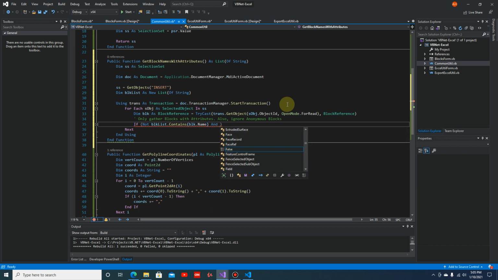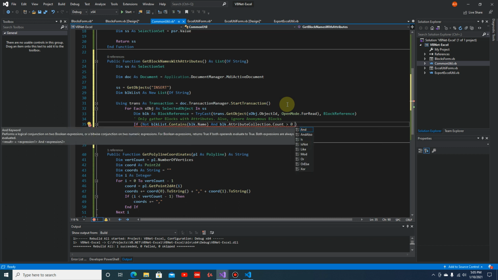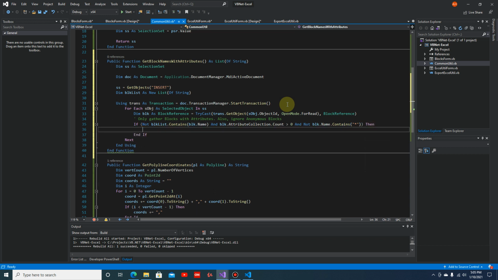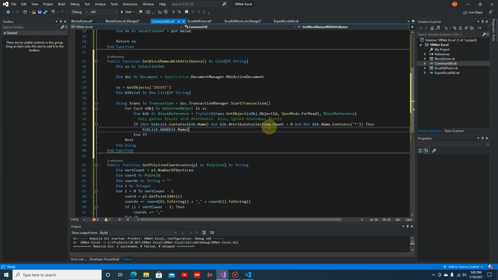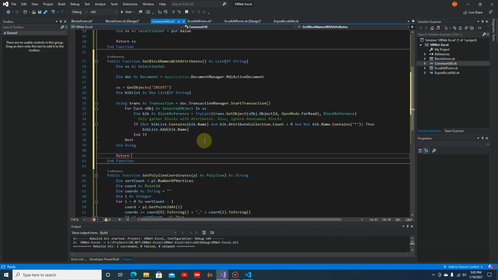and blk that attribute collection that count is greater than 0, which means that it has attributes, and also the not blk name that contains an asterisk, which means that we are ignoring all those anonymous blocks. Then what we have to do now is add into the list that add blk the name of the block, and that's it. Then once it's done looping through all the selected objects, all we have to do is now return the blk